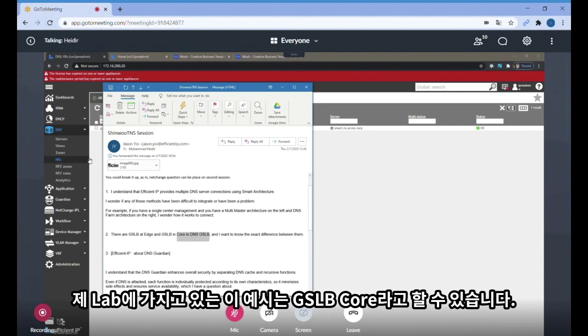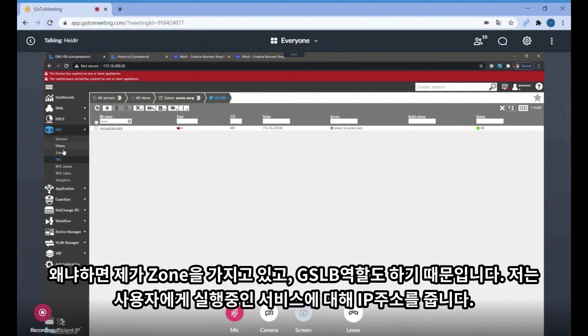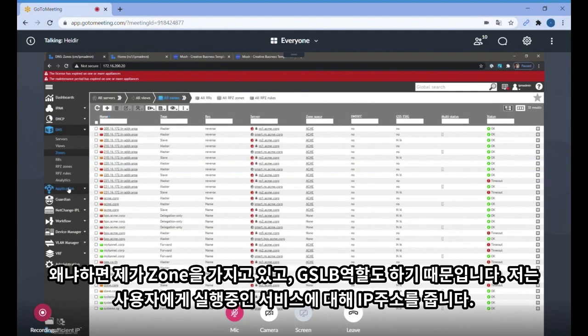So in this example which I have in my lab, this can be considered a core GSLB because I own this zone, middle corp, and I also do GSLB. So I'm giving the IP address to the client on the service that is